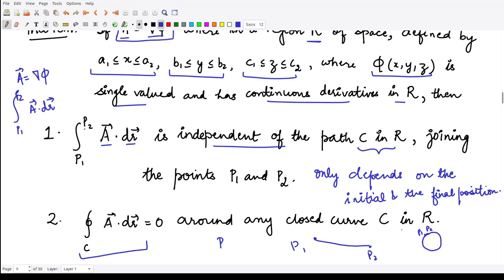So basically we can say that P1 point is equal to the point P2. So if these 2 points are equal, when you perform the integration from the same point to the same point, it is always going to be equal to 0, right? So this is the result. It says that whenever your function could be represented as a gradient of some other function, this integral is path independent, and moreover the integration over the closed curve of this quantity becomes equal to 0. So these are the two results that we have here.